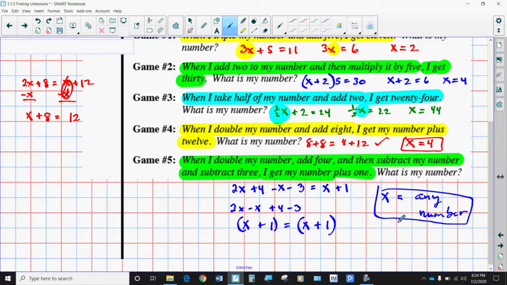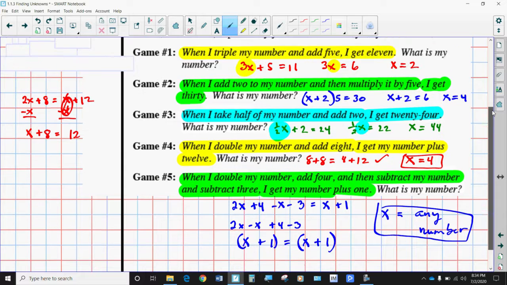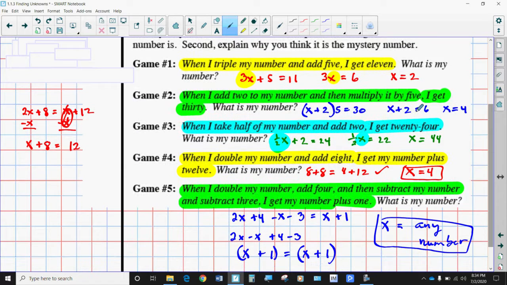Another way of saying that is there are infinite solutions that would work for this given game. Any number that you would have picked would have worked in here, because by the time we simplify these two expressions, they end up being the exact same expressions. So, this process that we're working through right here is what we refer to as algebraic reasoning, algebraic thinking,